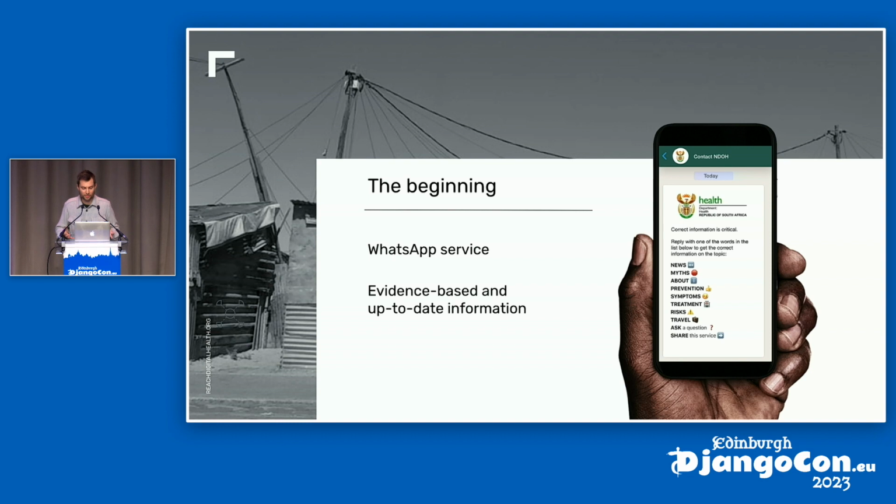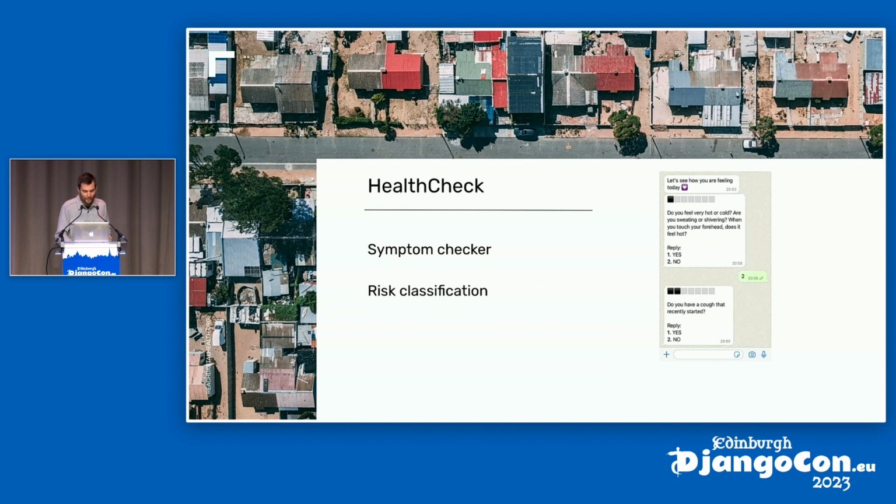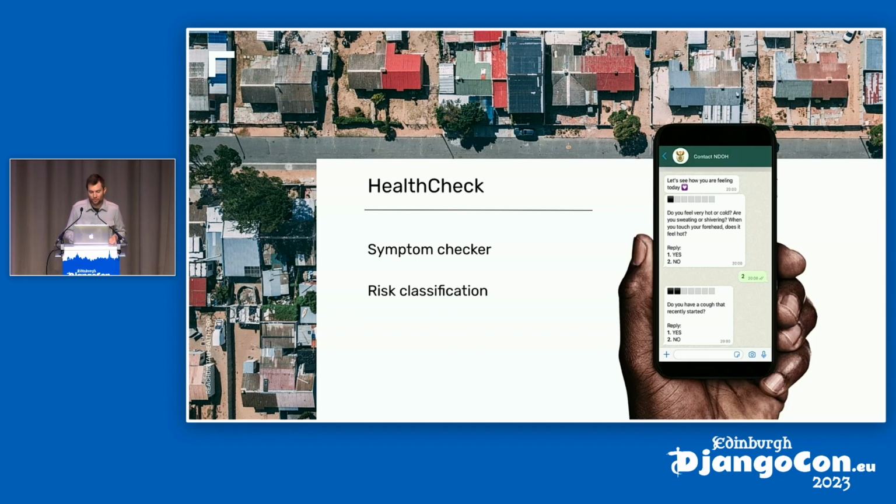So after we had this up and running, we were getting this evidence-based, up-to-date information to people. We started to think about what can we do that's a bit more advanced. There was quite a big limitation on the system that we had in there. So what can we do now that we have a bit more time, a bit more flexibility? At the time, not everyone could get tested for COVID-19. There weren't enough tests. So there were guidelines about who can get tested, but these were often quite complicated and confusing.